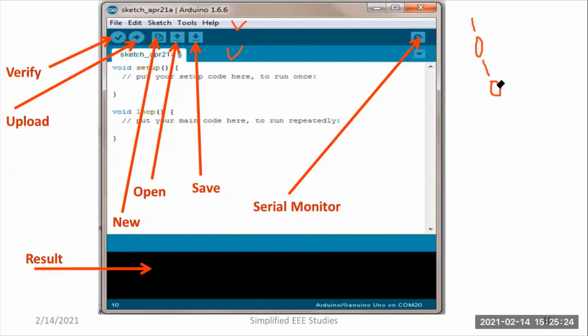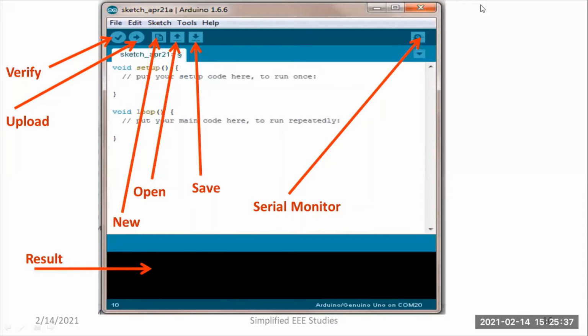Let me open that particular software so that you will understand. Okay, so I would like to open that particular software. Now, let me go to the desktop. It's available on my desktop. I have already downloaded the program. Now I would like to show you that particular software, how to open it, what are the icons which are available. So I'm going to share with you. Now, I would like to open that particular software.